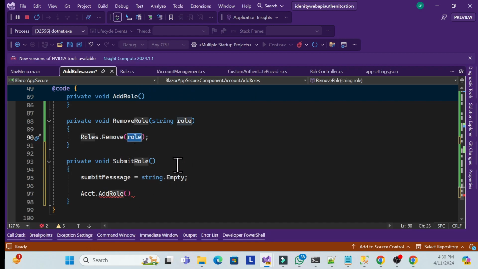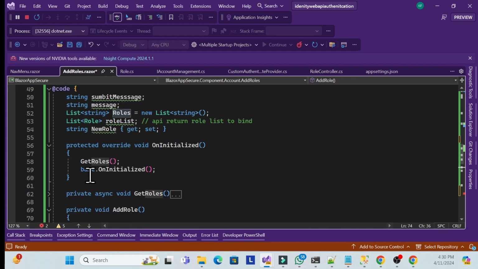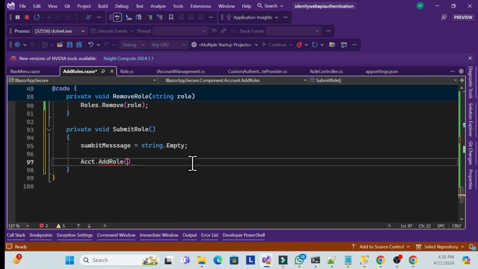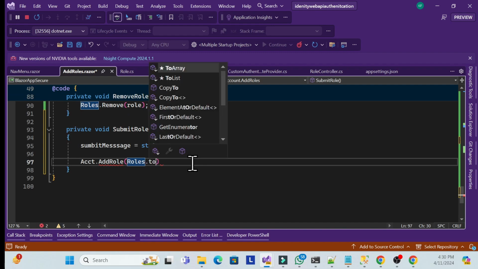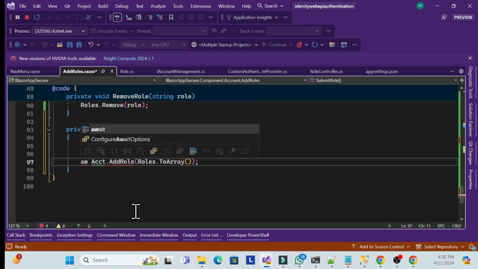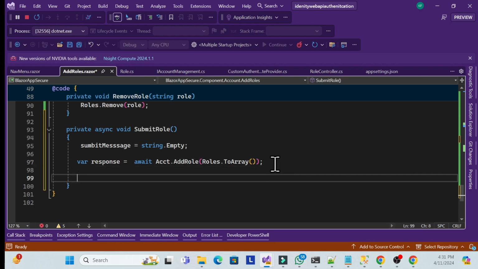So copy this, not this, this one, right? We are actually storing this. So copy this and go back to here and ToArray, because it is a list and we require an array, right? So that's why we just need to convert over here, and that's it. And then here we have to just set the decorator await async, so that we can avoid that exception. And then finally we have to store this as a response, whatever response we have,